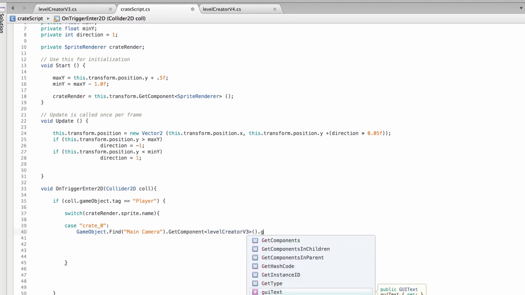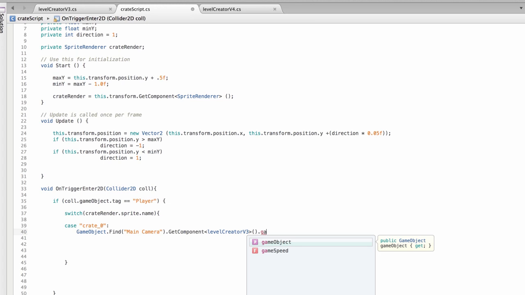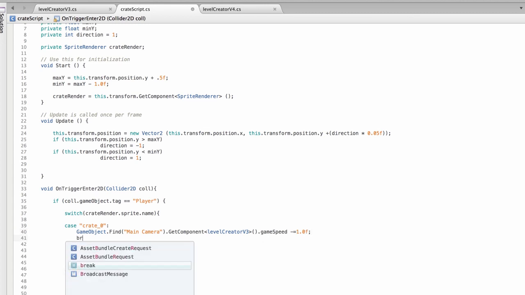And that one has a value called game speed, and we're going to decrease it by 1.0 by doing minus equals 1.0 and do it in float. So we can break now,